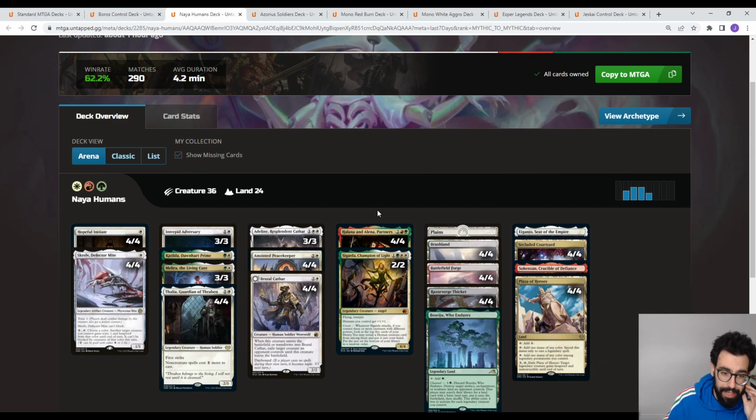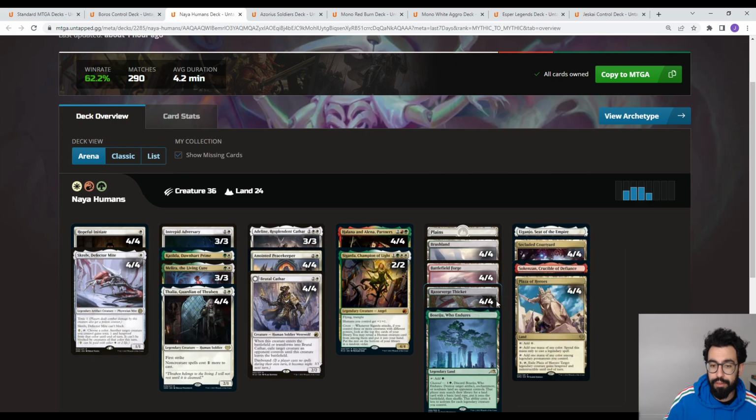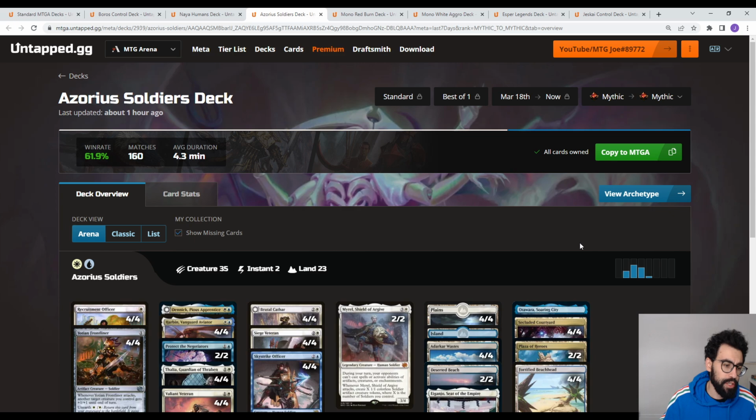You're able to accommodate the human splash through Secluded Courtyards, the various dual lands, and then Plaza of Heroes. There's a lot of legendaries in the deck, so it also helps fix at that. And then the Plaza can also be used as a protection spell. Then go to Azorius Soldiers,